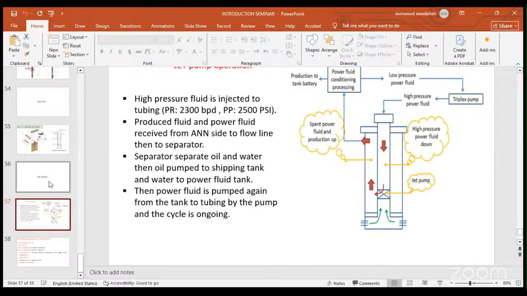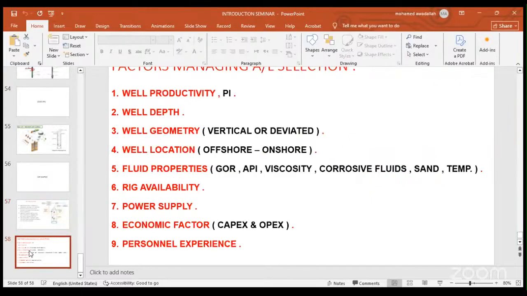So we have now discussed different types of artificial lift: ESP, sucker rod, PCP, gas lift, and jet pump. Each one has advantages and disadvantages, and the application depends on your well condition and on the facility. If you have a source of gas, you can use gas lift. If you have a power source, you can use ESP or sucker rod. The last slide here shows the factors that affect the artificial lift selection: well productivity, do you expect a high rate or low rate, the well depth, well geometry, the location if it is onshore or offshore, the fluid property, if you have a rig or not, if you have a power supply or not, and also the economic factor and the personal